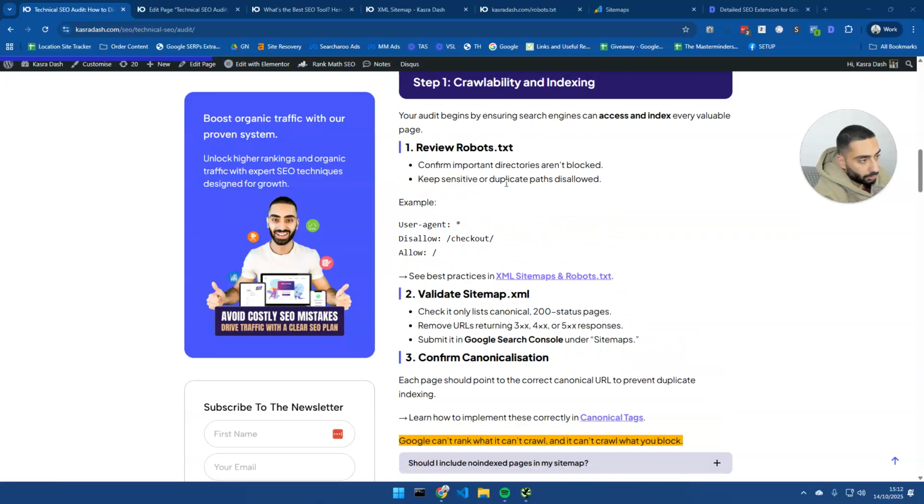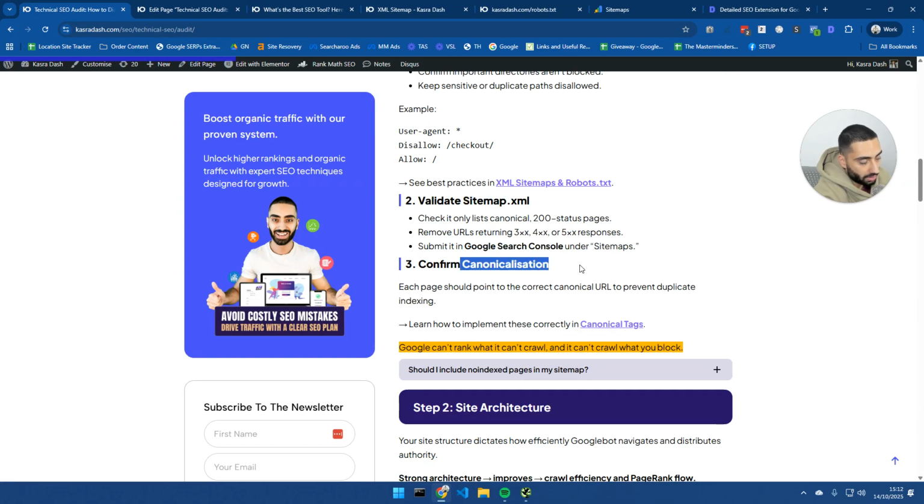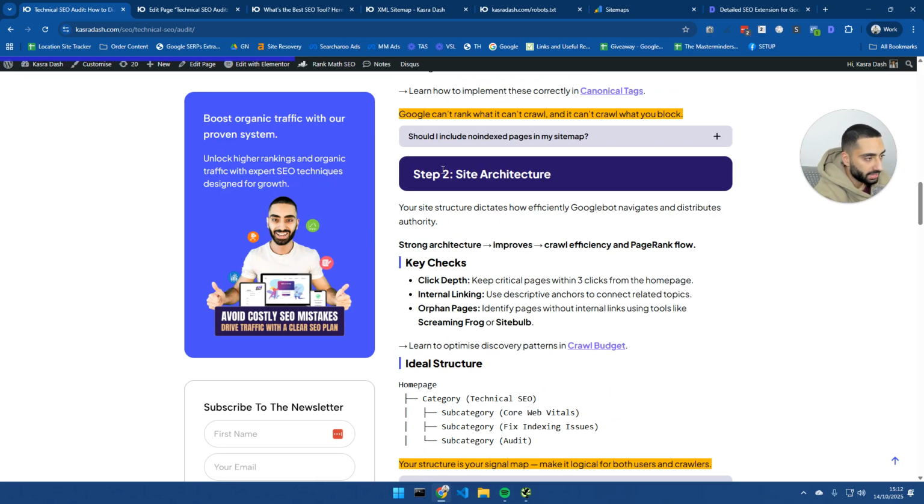So now that we've looked at our robots.txt, our sitemap, and our canonicalization, those are probably the three biggest issues when it comes to crawling or indexing a site. That's what a lot of people mess up on. Then we've got site architecture. Now, basically what site